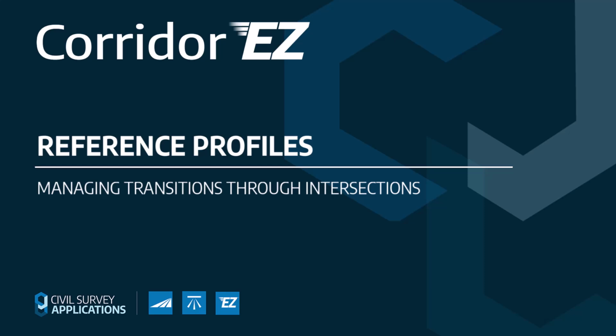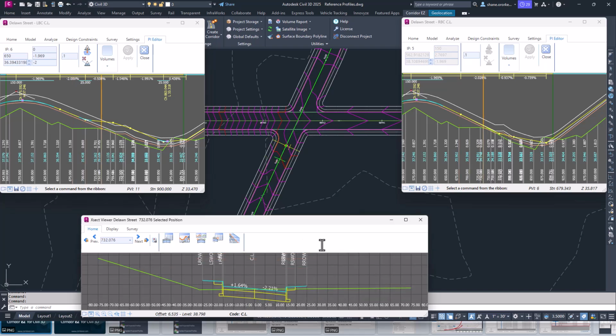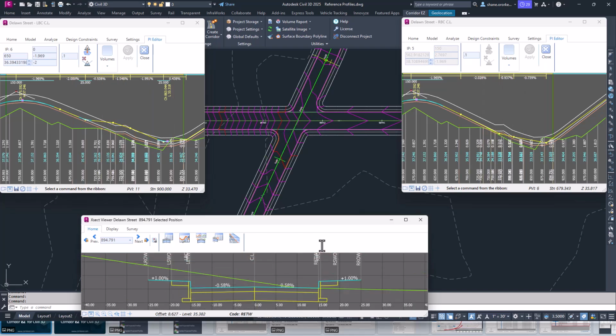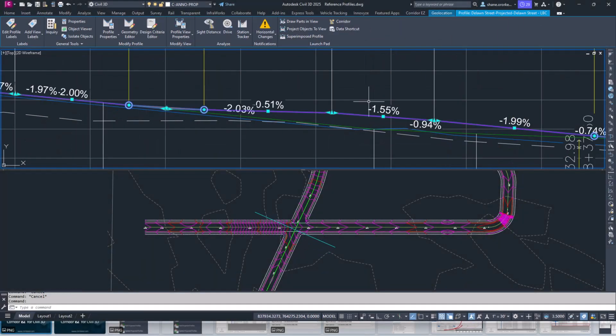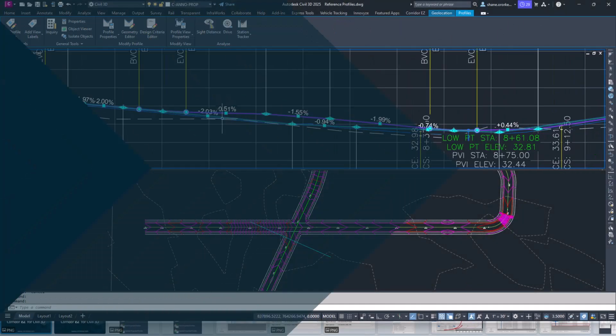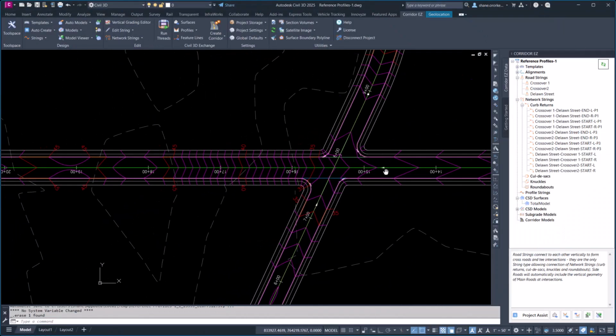The Reference Profiles command provides you with streamlined tools to redesign your curb lines, to manage the vertical grading, and accommodate for crossfall changes at intersections and anywhere along your roads, as well as publish these directly to Civil 3D profile views. Let's take a look at the power of Reference Profiles to edit the left side of DeLawn Street